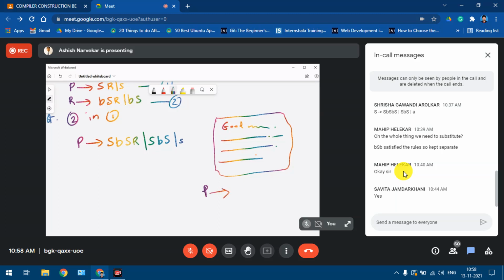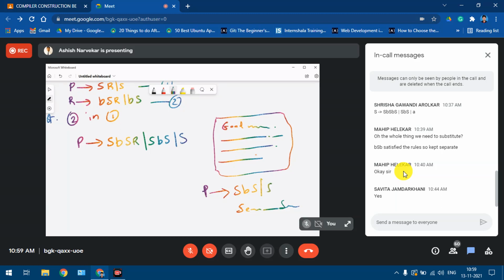Okay, if you consider S B S as one of them, we can see that a paragraph could be a sentence, in between there could be a blank, then there could be a sentence. I think this is capital S only, or it can be just a single sentence.